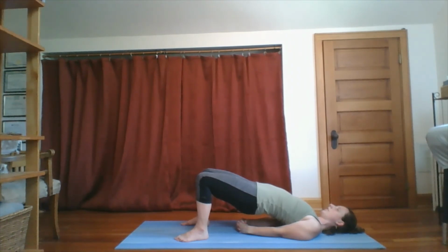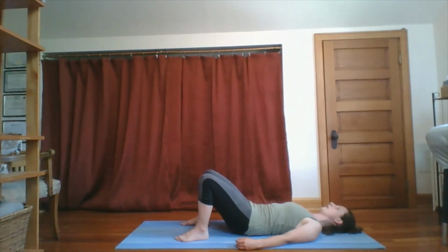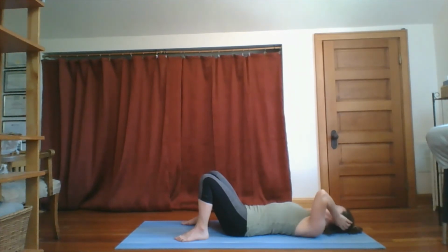One more full breath. And exhale to release any grasp on the hands and slowly roll each vertebrae back down to the ground, one at a time. From here, we'll move into our last shape, which will be legs up the wall. You can either do this just a freestanding version by reaching soles of the feet up towards the ceiling, legs straighten overhead,